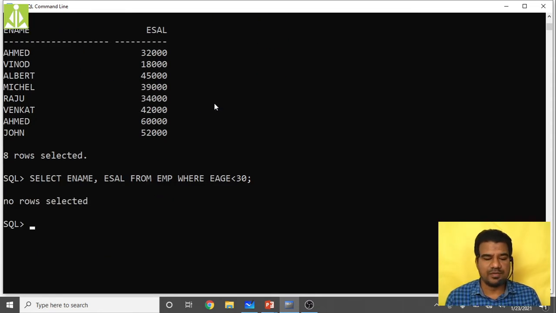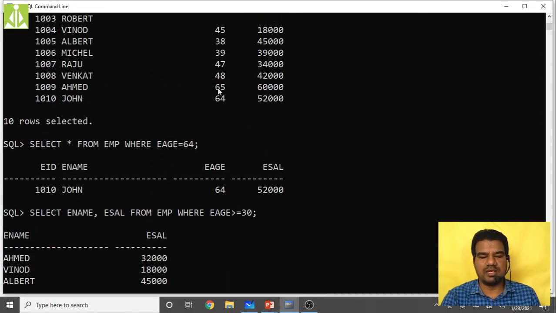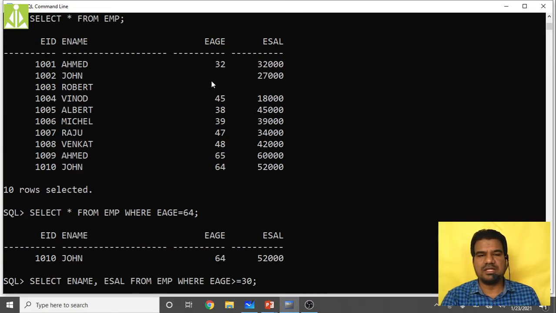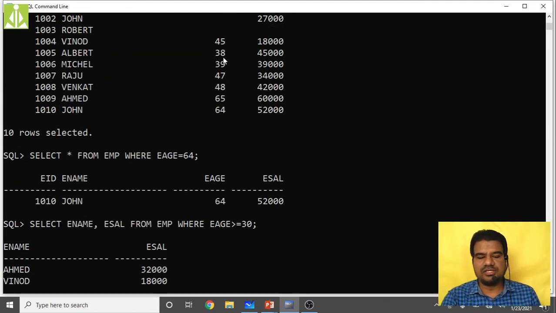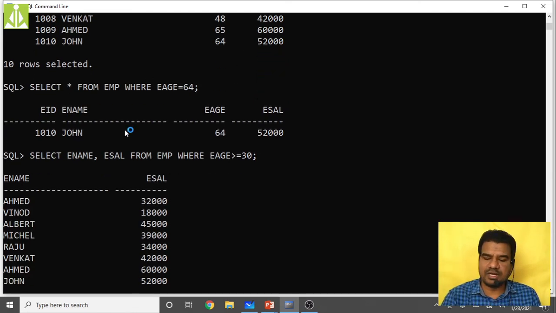So quickly see. Yeah, it is saying no rows. So I guess it is selecting something else over here. Okay, because something else over here, that is the reason why it is giving zeros. No rows selected. So, instead of 30, shall we make it 40 to get some output? Okay, we'll make it 40 to get some output.